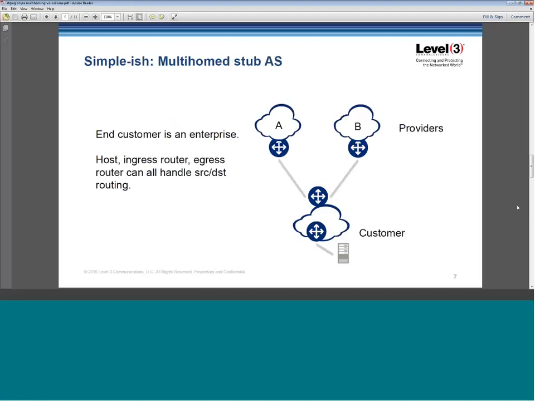So this is kind of simple, right? This is similar to the picture that Fred drew and like a small version of the one that Jen just had, where you've got the ingress router, which is the southernmost thing here, just north of that customer host, and it can make a decision. You've got a single egress router here, and it could make a decision. You could have a pair of egress routers, as in Fred's original slide, and they could make a decision. This is kind of straightforward. The host can do something. You could push routing back to the host and have it make an A or B space choice. The ingress router could do it, or the egress router could do it. What got me thinking is if you go to the next slide,